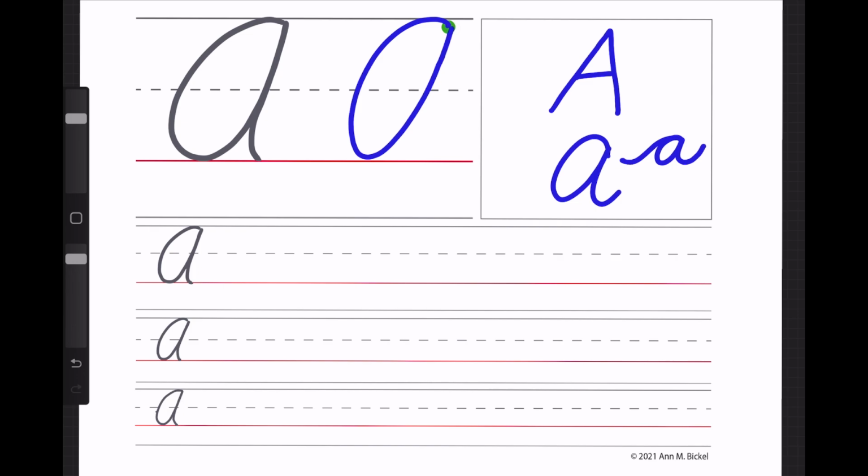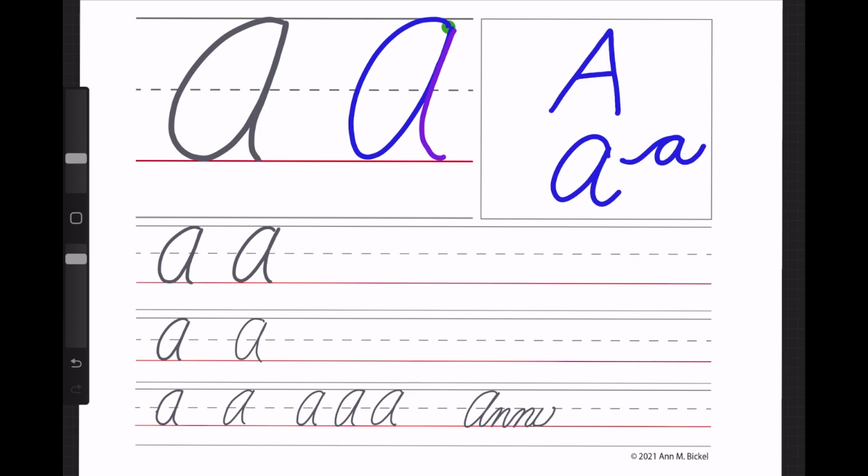So we've got the nice loop for our big shape. Switching to purple, you can see how I retrace my slant line and then swoop away. Let's make a few together on the different line spacings. You can follow along with me as I make a few on the lowest line on our page, the more challenging spacing. And I'm going to write my name, Annie,